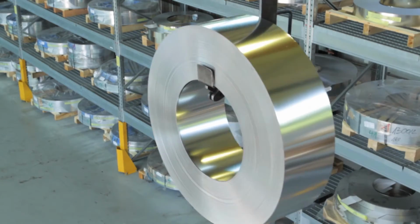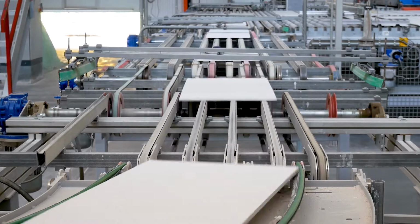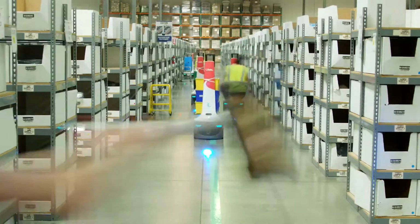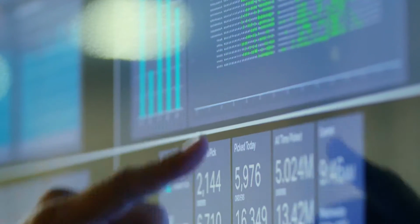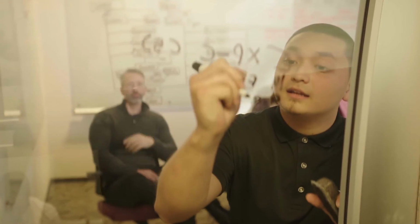In today's fast-paced industrial landscape, supply chain resilience, safety, and reliability are paramount. With new challenges and growing demands, supply chain complexity is at an all-time high. At Ryder, our technology-driven solutions help you navigate the unique complexities of your operation so you can focus on your